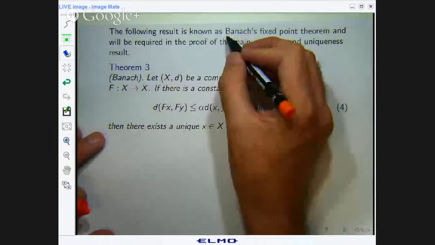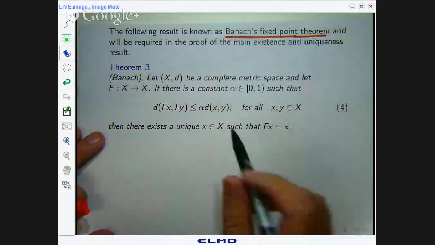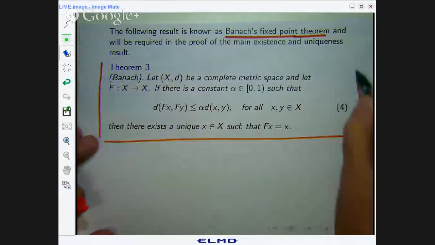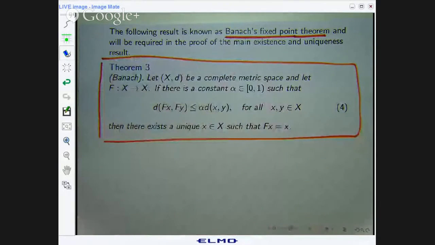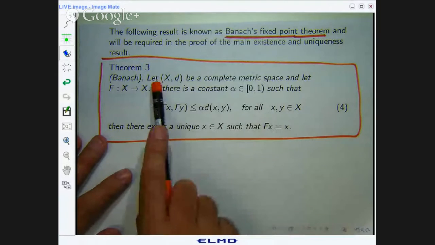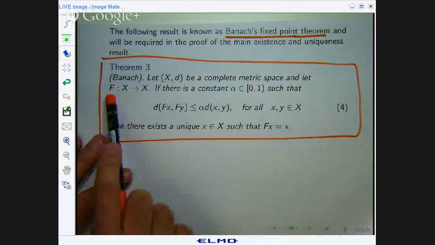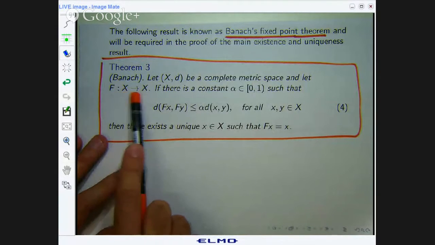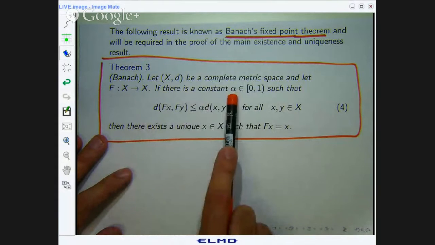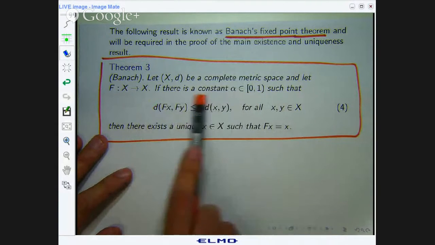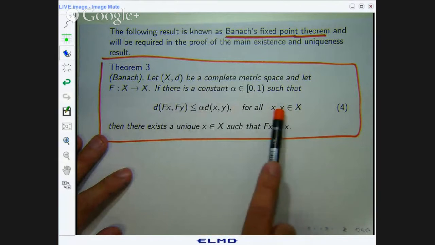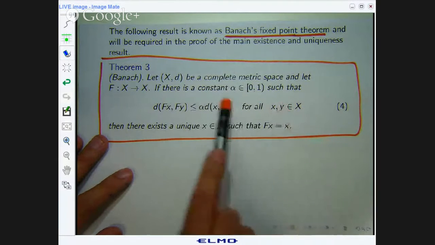The following theorem, which we are going to rely on, is known as Banach's fixed point theorem. It's a very famous theorem in mathematics due to the Polish mathematician Stefan Banach, formed, I think, around 1922. So let a set X and a metric D, the pair of these, be a complete metric space, and let some operator f map the set big X back into itself. If there is a constant between 0 and 1 such that this inequality holds for all points in the set big X, so this is like a contraction condition,